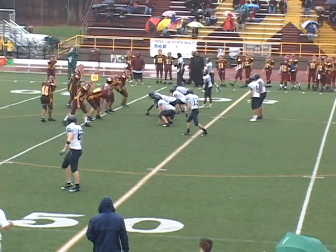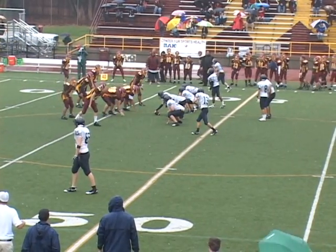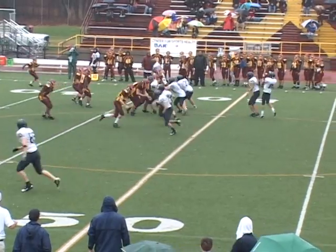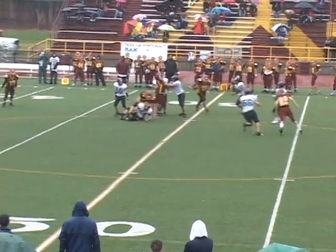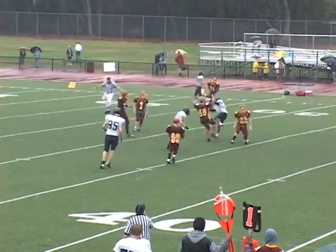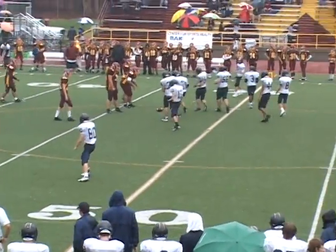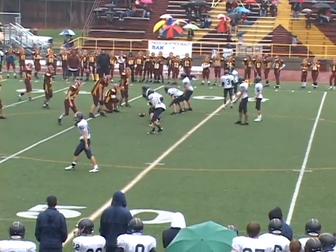They will hurry up to the line. They start the clock. You hear the whistle in the background. High snap, Wickers pulls it down, throws over the middle, and it's incomplete. Intended for Jordan Williams. So possibly enough time for maybe